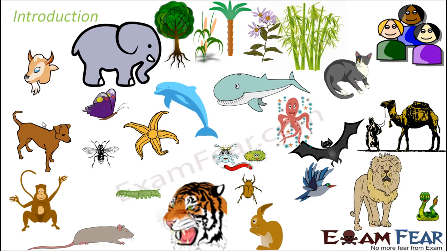By now you all know the different kingdoms to which each of these fall and the characteristics of each of those kingdoms. But what we are going to focus on in this lesson is why do we want to conserve these many varieties of living organisms? We do not want the variety of living organisms to decrease.